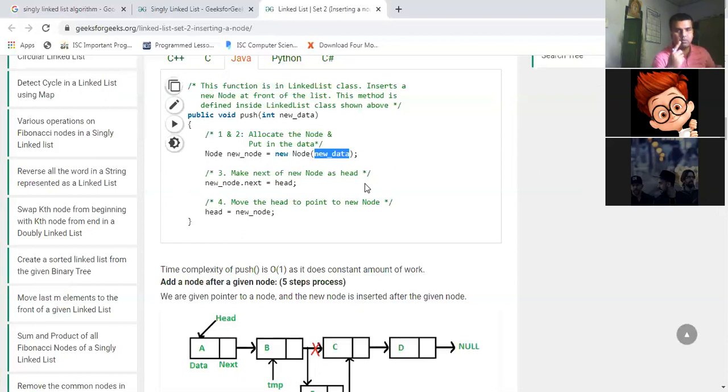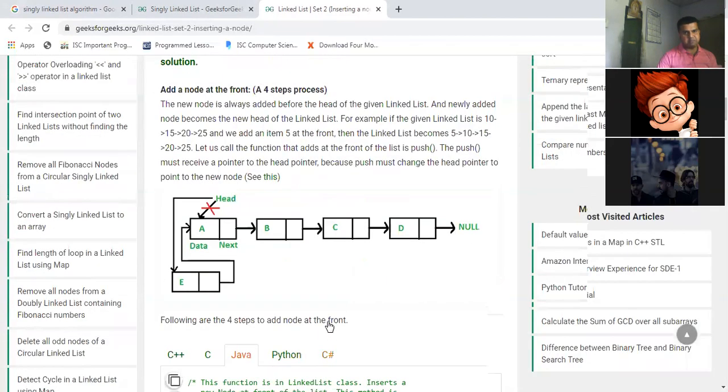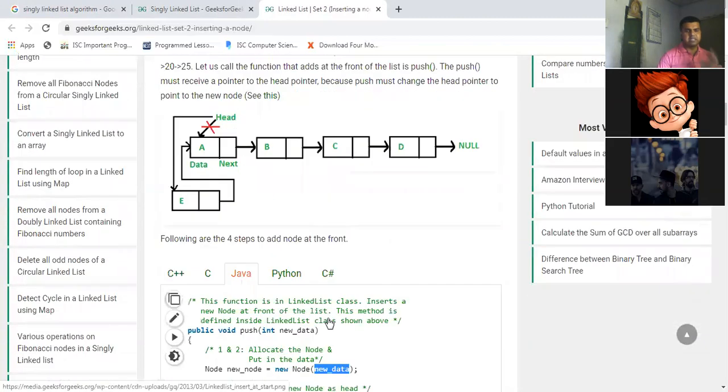Number one is the algorithm, second is the program, and the third is the time complexity. There is a separate chapter called Big O notation, in which we will discuss the time complexity also. So this is basically the entire process of the singly linked list, the first application.